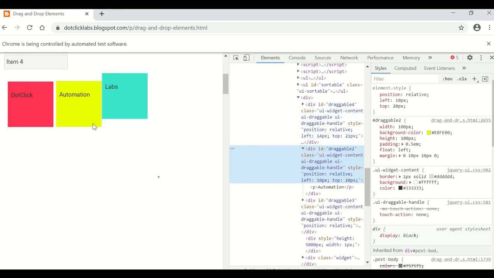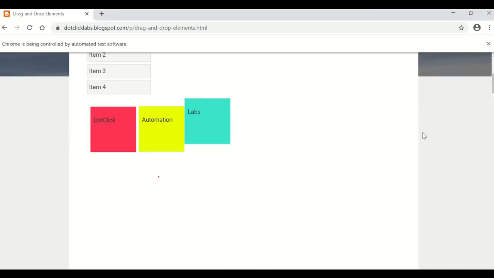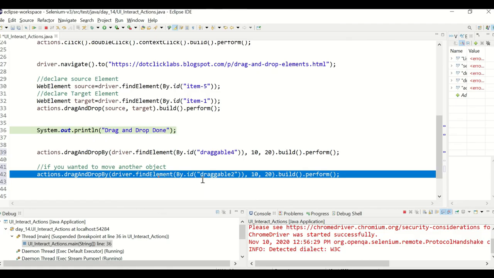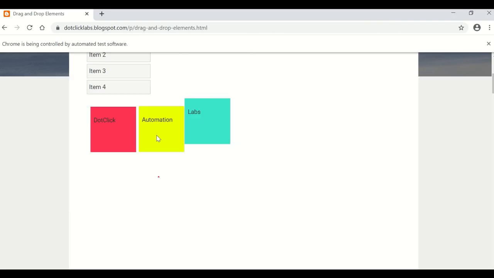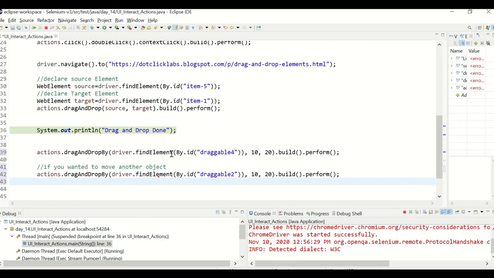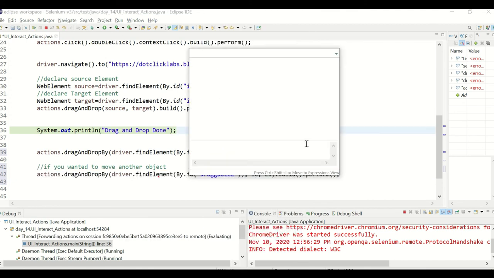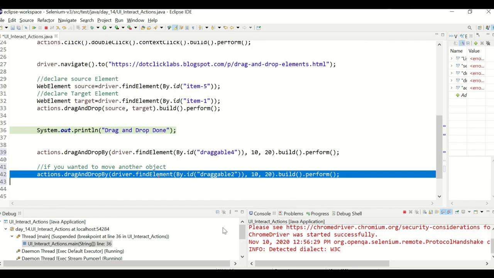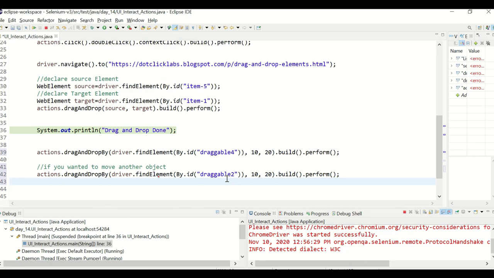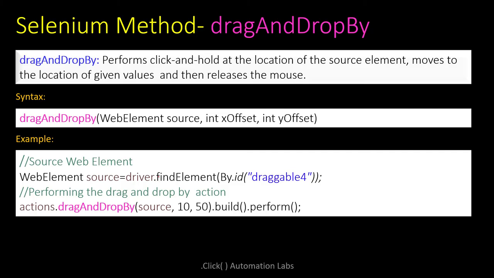Now you see this is moved a little slider, a little down, right? I just moved up. Now execute it. Select the code, right click, inspect. You see it's again moved down. So this is about dragAndDropBy.